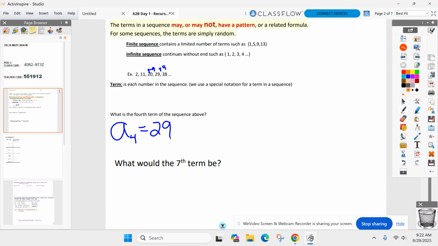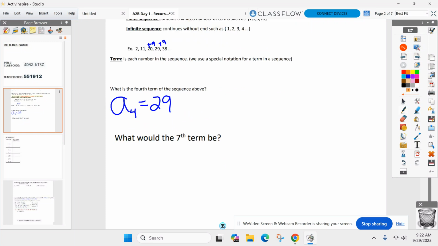All right, how about the seventh term? You've got to do a couple calculations there. How about the seventh term? I'll let you follow the pattern and figure out what the seventh term has to be. And we just don't write down the number anymore. You tell me. Ready? A with the subscript of 7 now. The seventh term is,